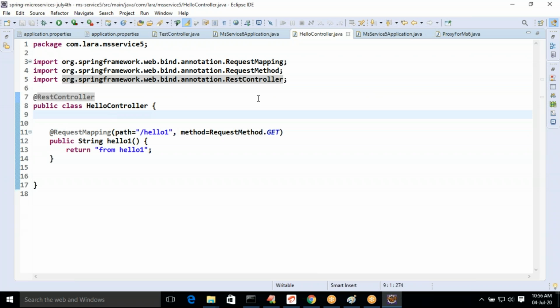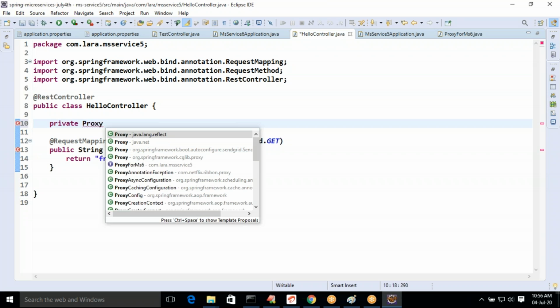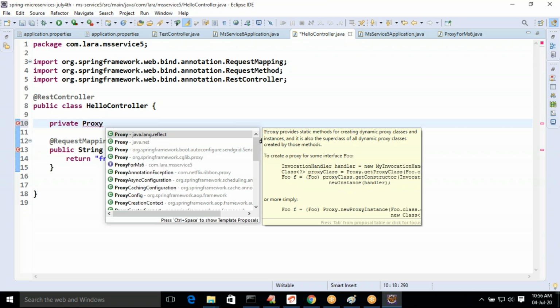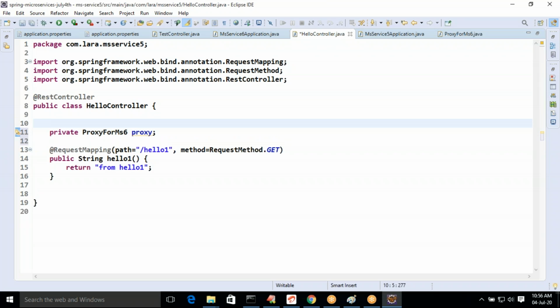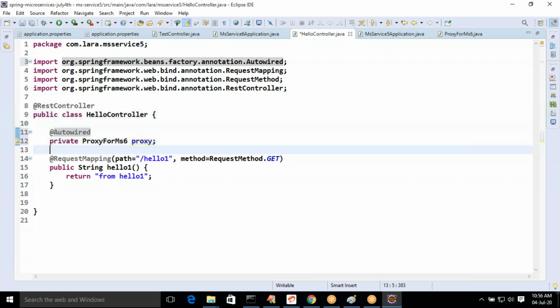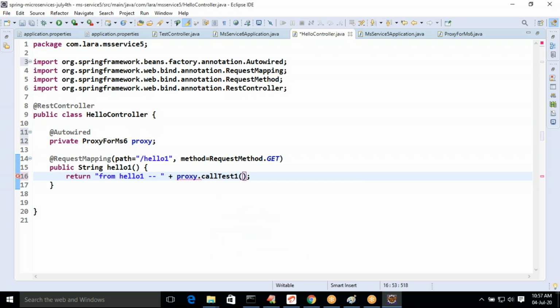In the hello controller, use the proxy, proxy for MS6, called test1.